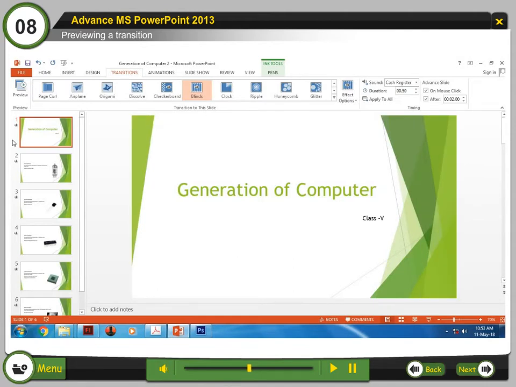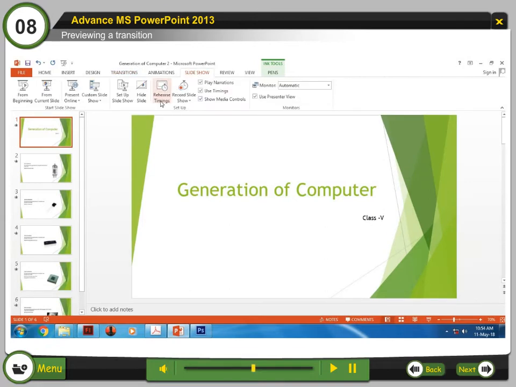Rehearsing timings gives an on-screen presentation that displays a timer to practice timing. Step 1. In the Setup area of the Slideshow tab at the top of the window, click the Rehearse Timings button. Step 2.